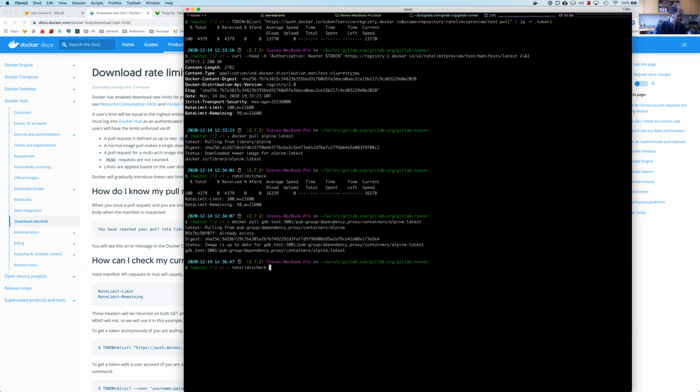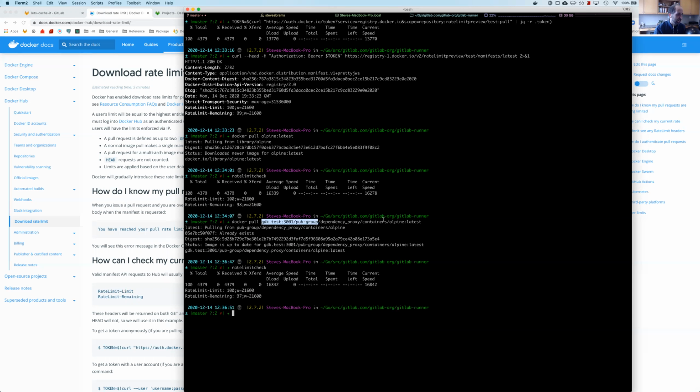we can see that my rate limit goes down one because that first request is caching it inside of the dependency proxy. So it did make a request to DockerHub. But if I make that same request again,